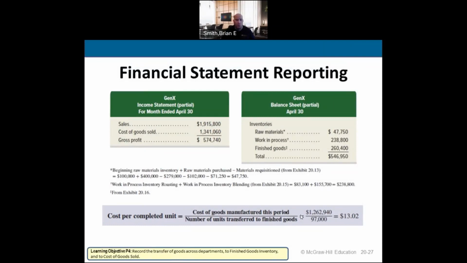Okay. So hopefully this is in millions. Maybe it is. So it's really $574 million of gross profit. Either way, we still have other expenses we have to account for. The balance sheet, we're looking at just the inventory section on the balance sheet. We're going to see